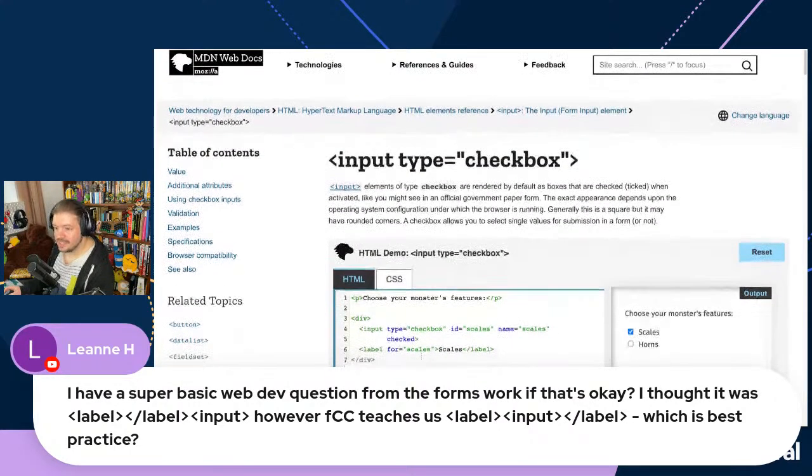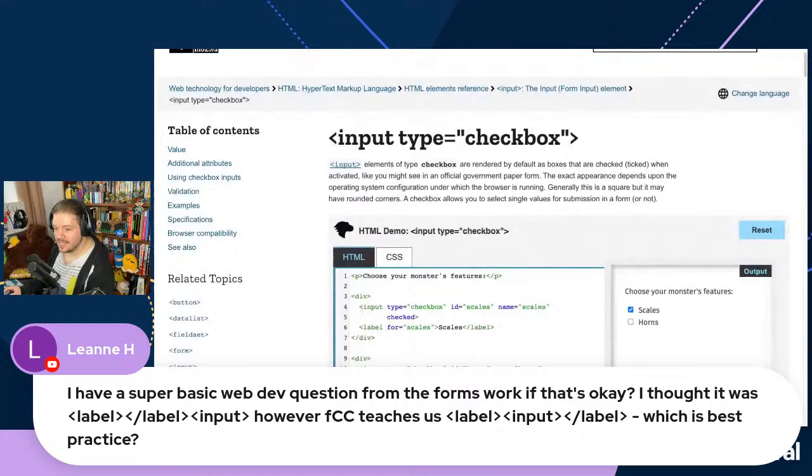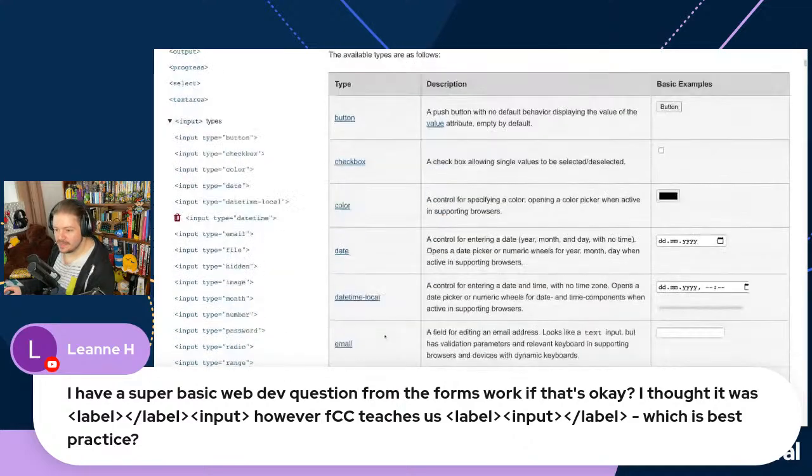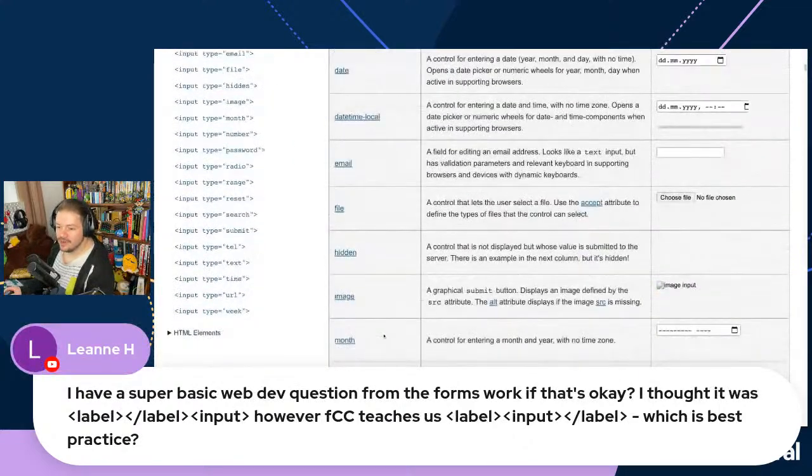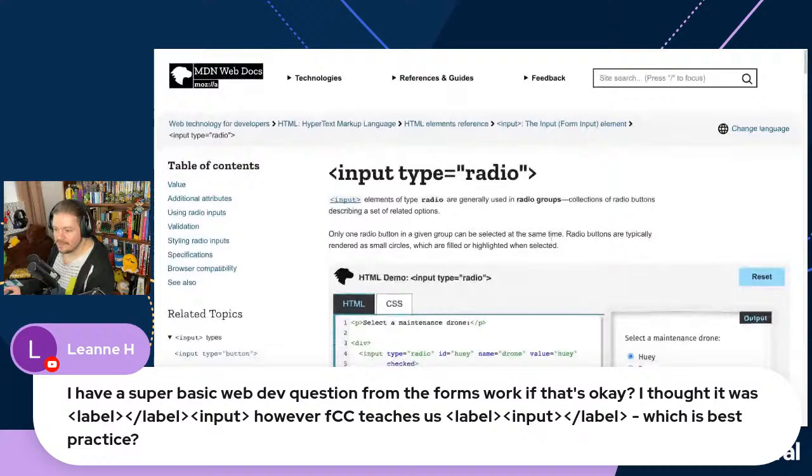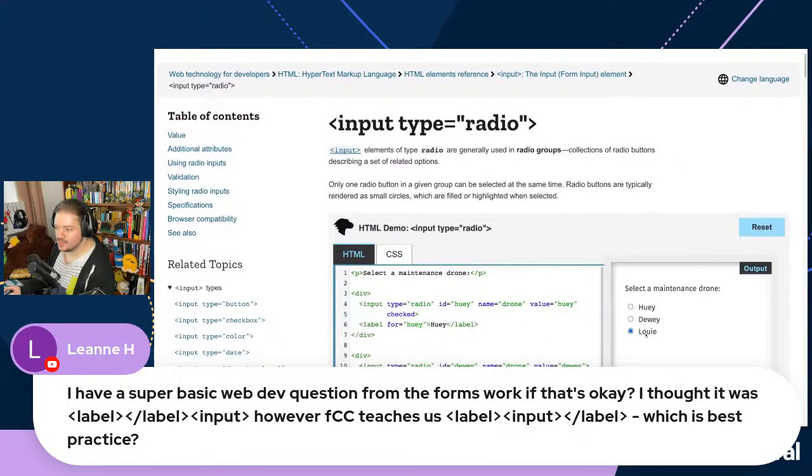Okay, so here we can see, for example, checkboxes is input next to a label, and it doesn't close it. Yeah, and you can click on the label to be able to check the checkbox. Cool. Let's take a look at radio buttons real quick. I remember this being a bit weird. I don't know if there's a super strict